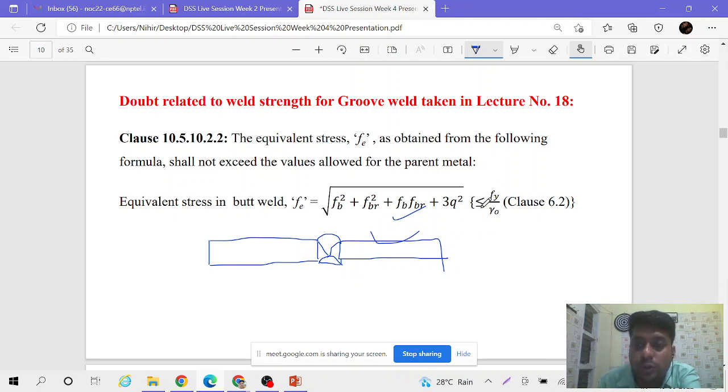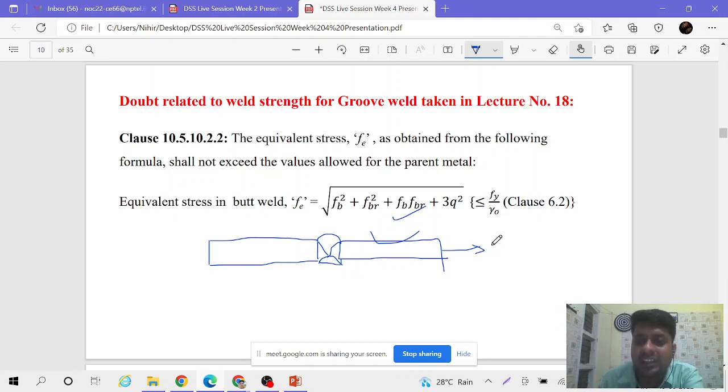So that is why root 3 is not present here, because in the governing criteria of the plate we are not considering that it will fail from the shear. We are taking yielding as the governing criteria, and so that's why we are only considering Fy upon gamma m naught. If, let us suppose, only this groove weld is experiencing axial